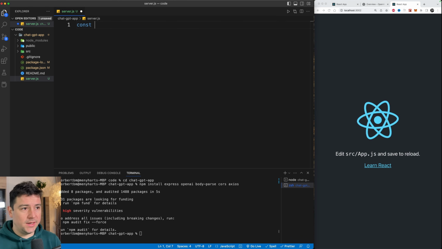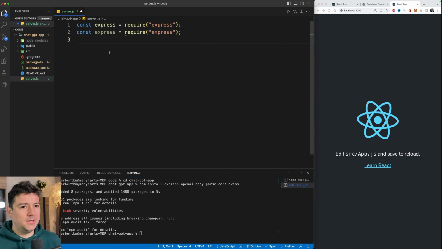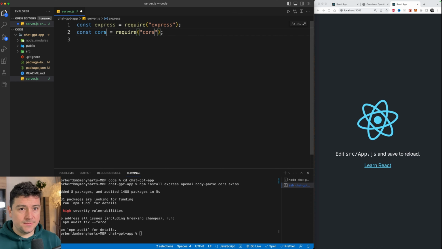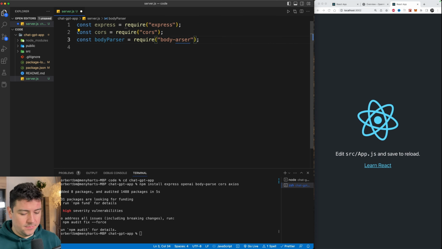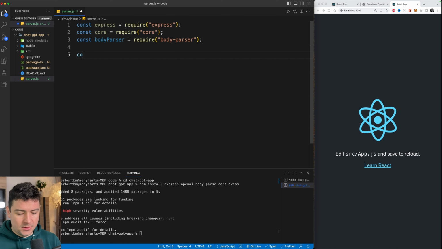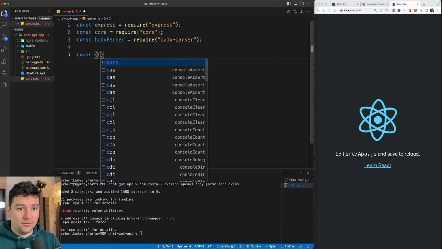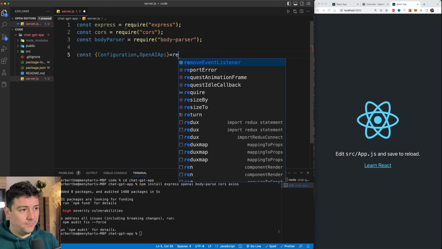Basically, we're going to bring in Express. I'm going to require it from Express. So open close parenthesis, Express. We're going to copy this, replace this with Cors. We also need Cors. We need our body parser. And I'm also going to bring in OpenAI, and from OpenAI, I'm going to destructure here const the Configuration, and also the OpenAIApi. Okay, I'm going to bring this in from require